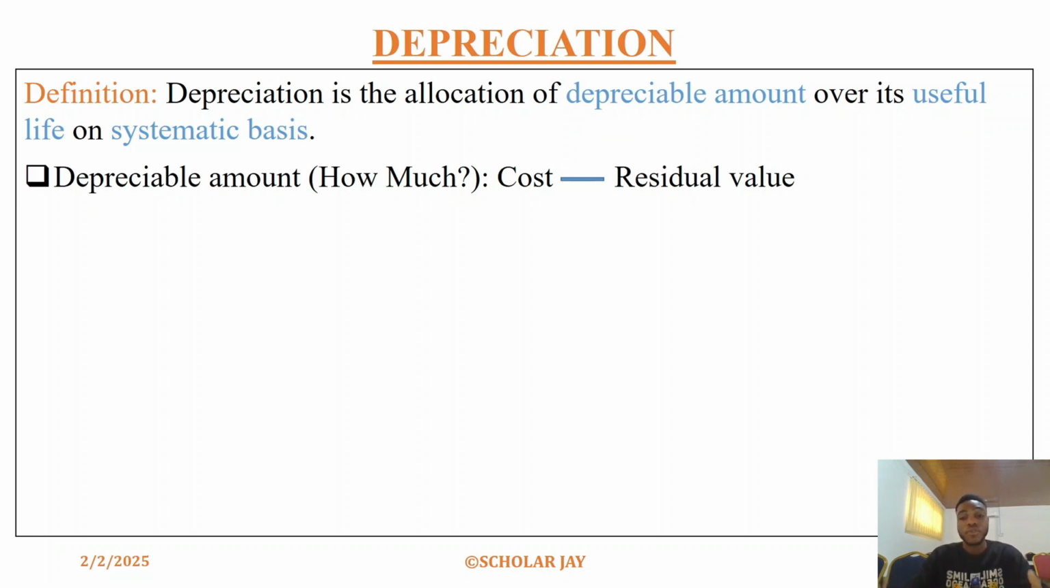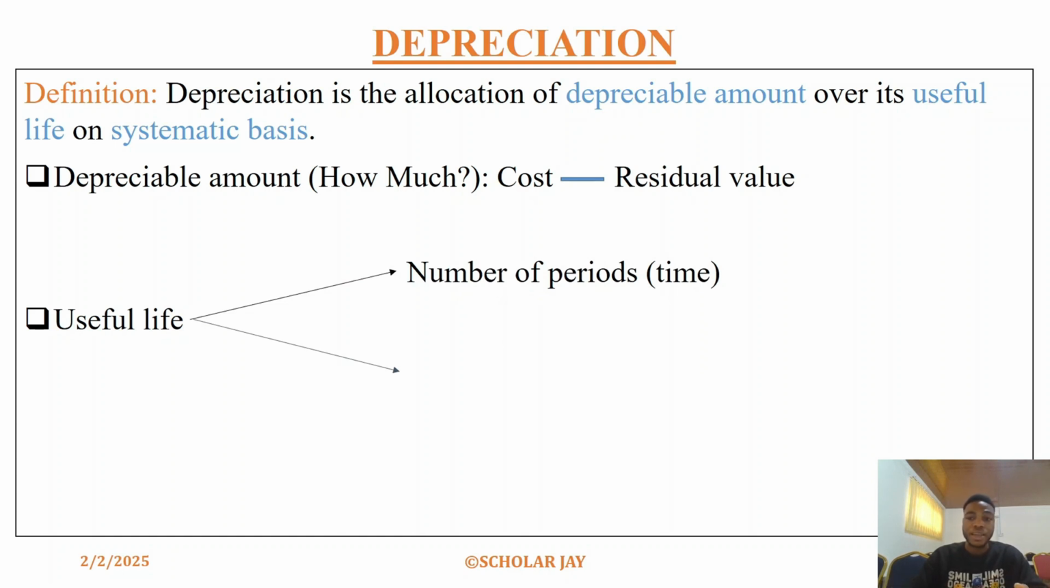If you use the asset for 5 years and you want to sell it out for scraps, how much are you going to sell it for? Is it 2,000? Is it 3,000? Now this 3,000 must be subtracted from the original cost before you subject that amount to depreciation. Okay. Now when you talk about the useful life, it could either be